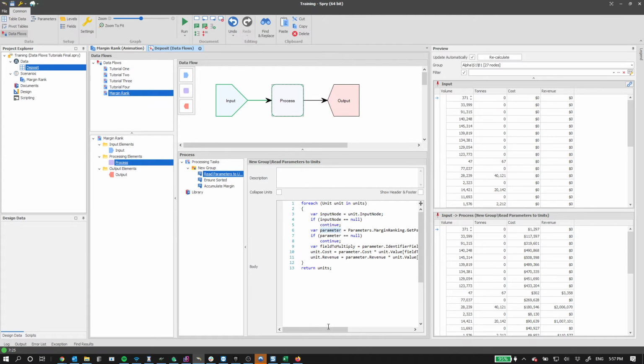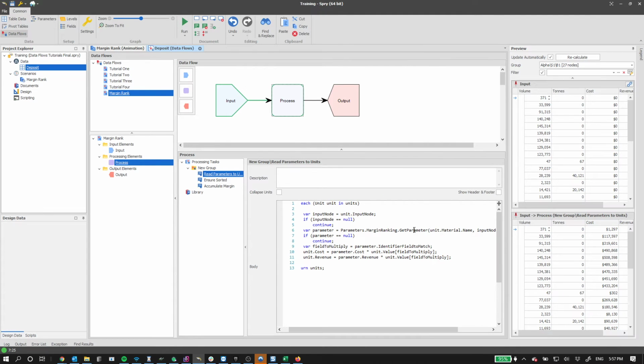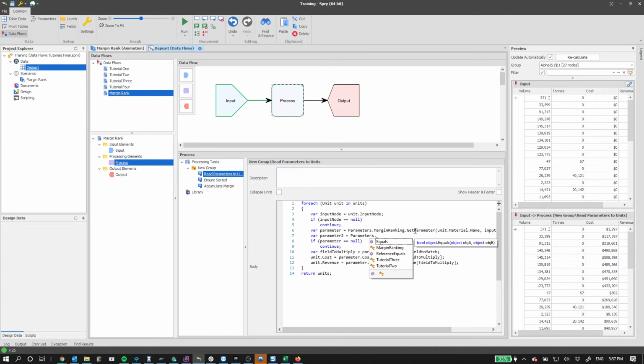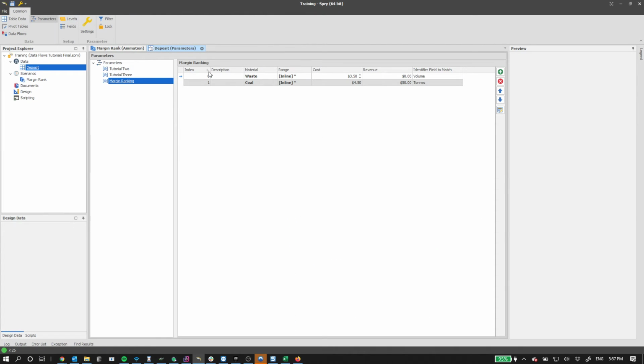We double check that we've got a parameter. Now with the parameter, now that we've got 2 things to look at in the parameter, now that my intelligent path completion is working, parameters dot, what you can see when you go to the get parameter function is it tells you when you open the bracket up what it wants. So it's looking for the material string and the node range,